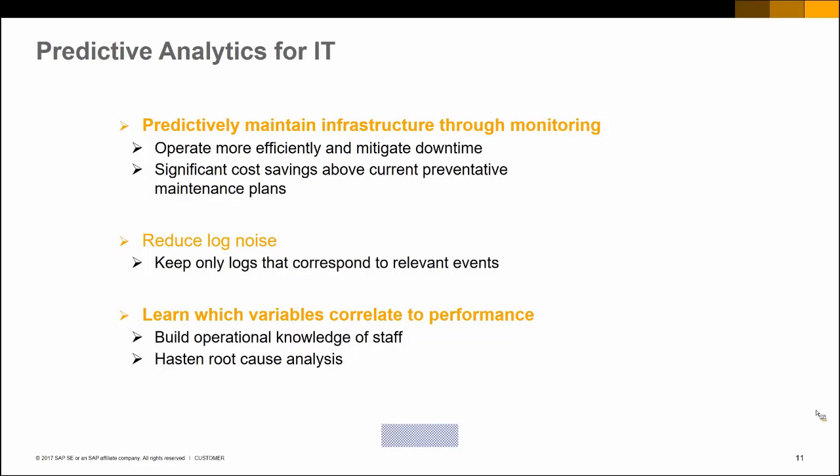Has something stopped on the server in terms of OS? Is there a service that's gone corrupt? Is there a network issue where a switch is down and people can't get to the server, therefore the server is not performing at load? So it changes the way that I get alerted. And we can also learn what variables correlate to performance, and we can build operational knowledge to help the staff and reduce